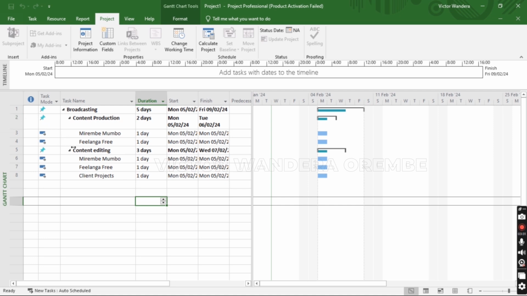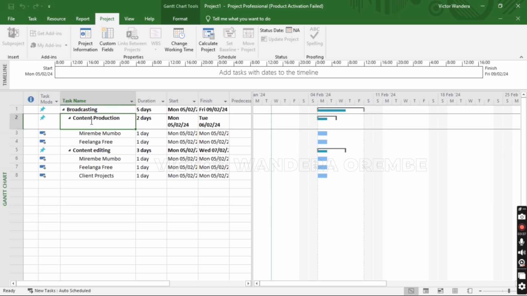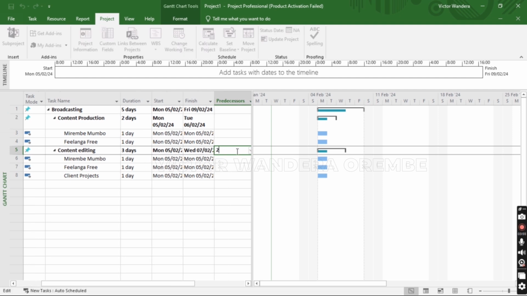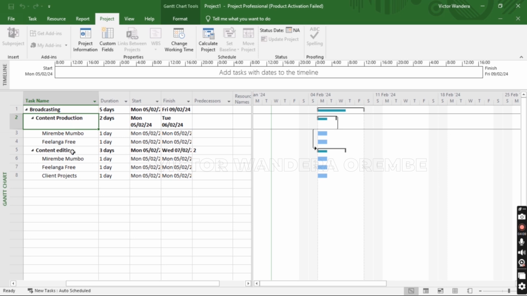production. We can set this in a manner that you cannot do content editing before you've done content production. You start by producing the content, then edit it later. Therefore we set the predecessor of content editing to be content production by just typing in the task number for content production as 2. Okay, now you can see the Gantt chart has already adjusted to visually represent that. This means that we are going to do content production before we can do